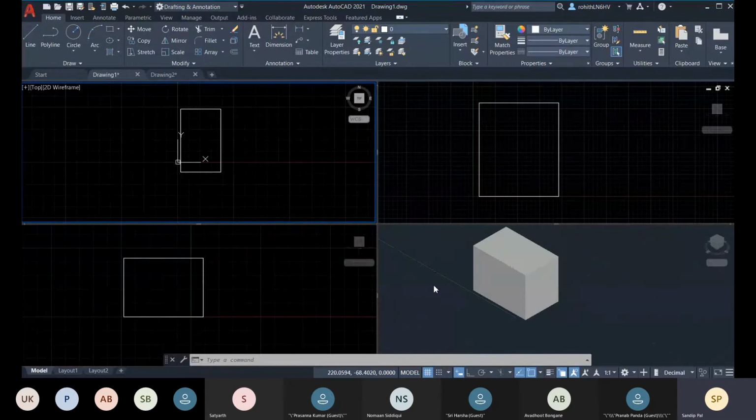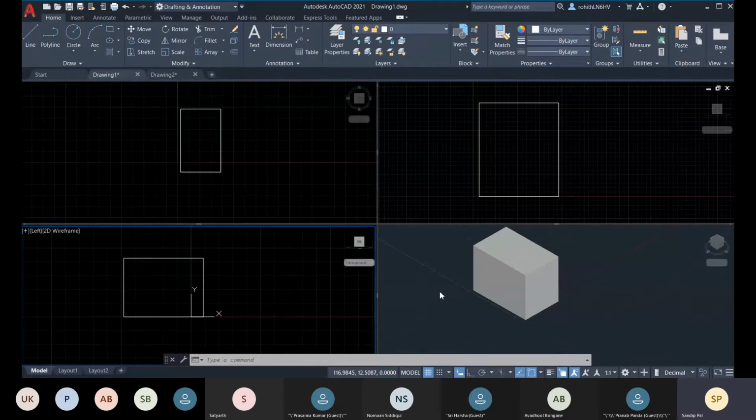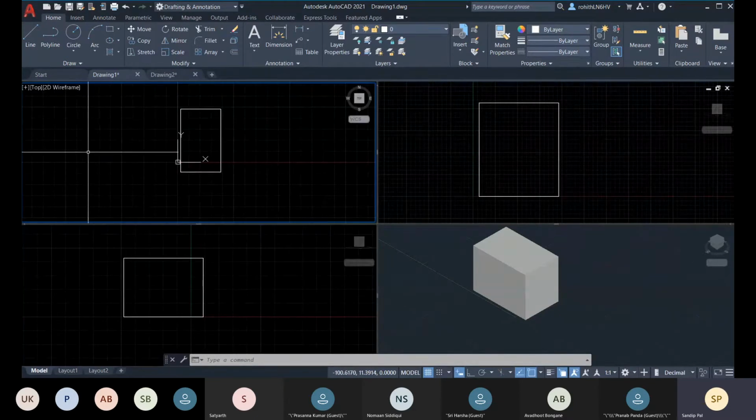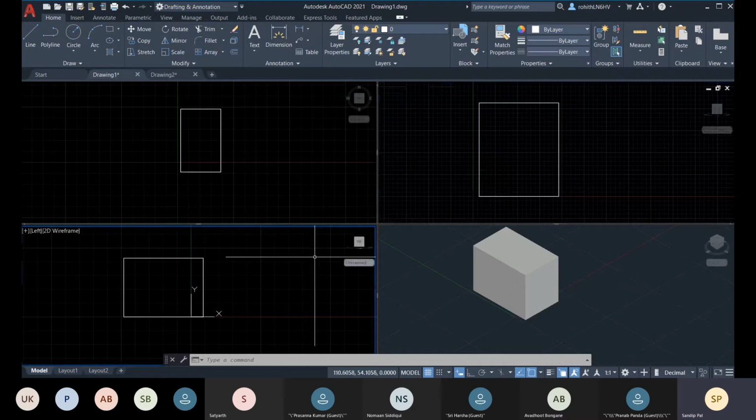No, we are having one model space, and that space is infinite. It is not limited, it is infinite. And you can also ask me, sir, if I'm having the same model space in all four viewports, how can I have these four viewports?